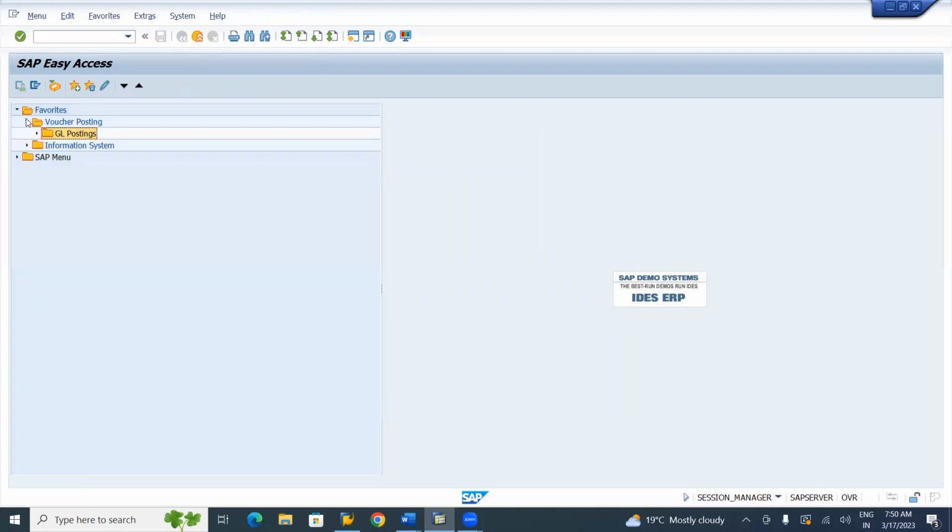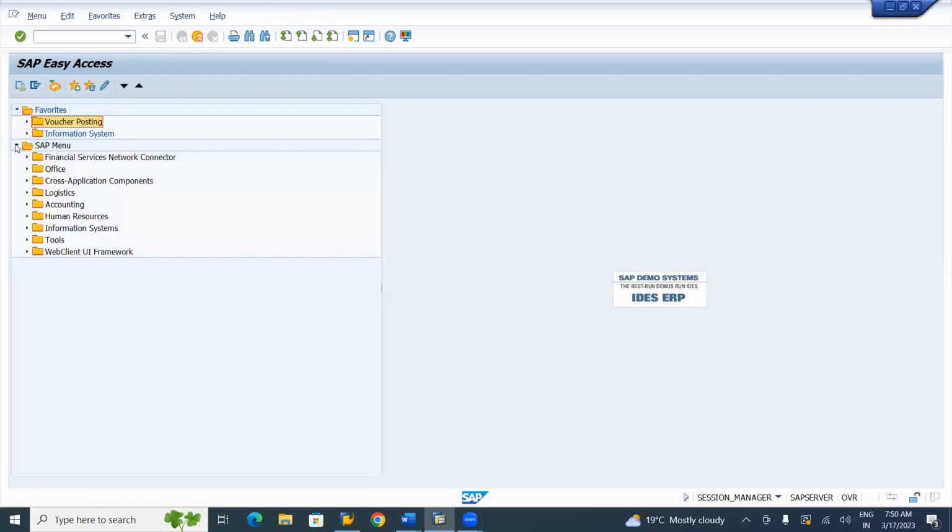For example, go to the SAP menu. Next step: how to add standard SAP menu transactions